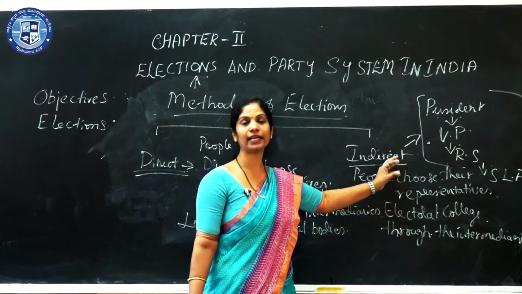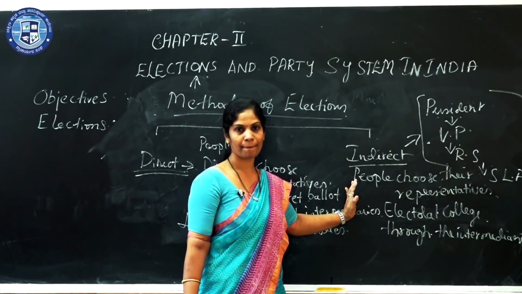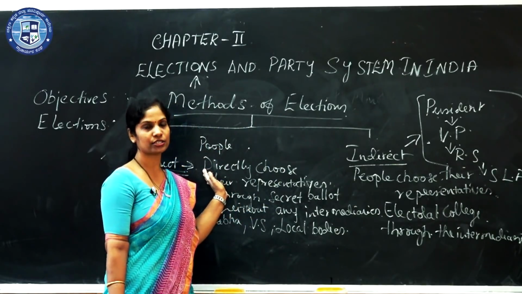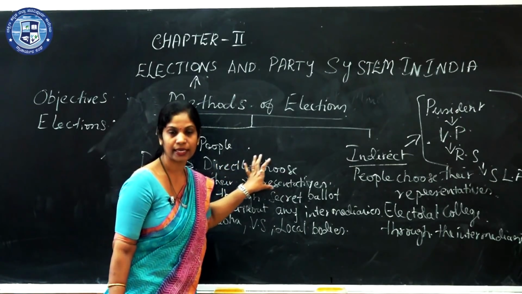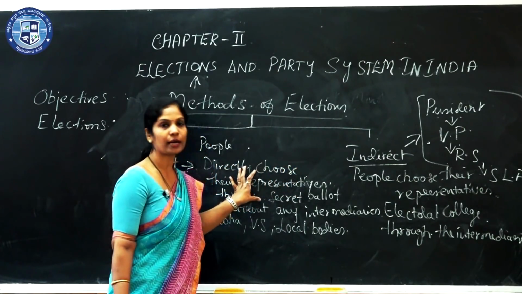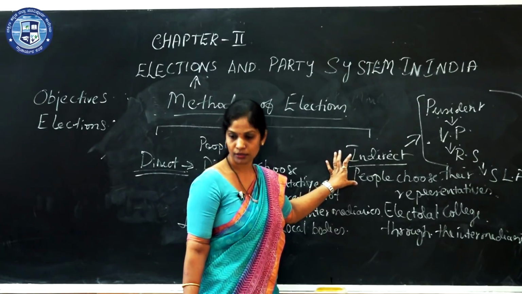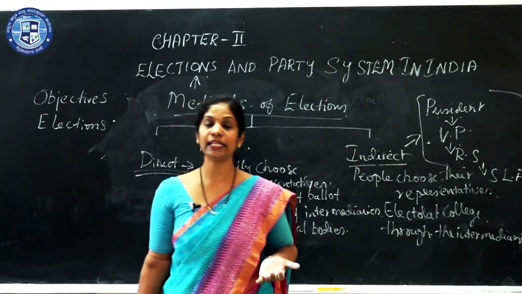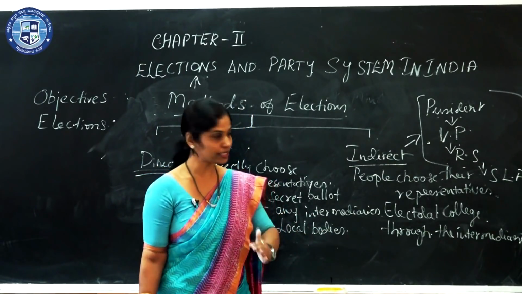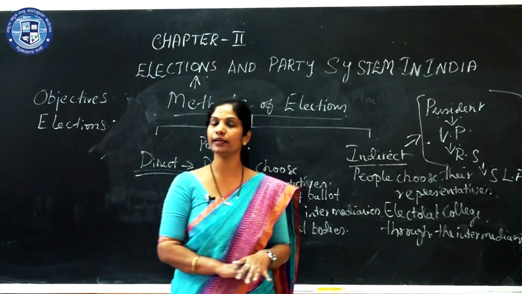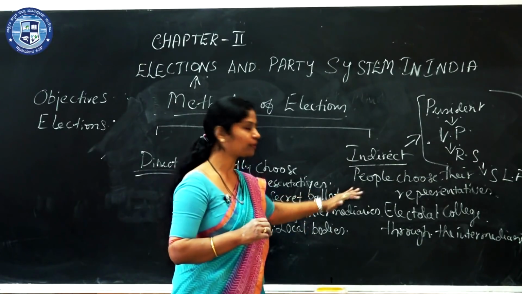The second one is, this prevents unhealthy competition in campaigning. Since the voters are not directly participating, candidates need not approach the voters or the common public. Under the direct method of elections, you might have seen that people are bribed to get their votes. So there is more corruption under the direct method, but the indirect method prevents unhealthy campaigning, bribing the voters or corrupting the voters. So this is not usually found under the indirect method of election. That is one of the advantages of the indirect method.